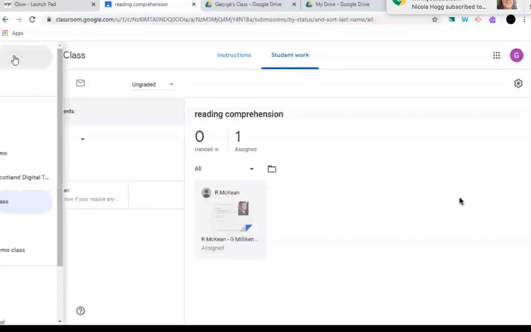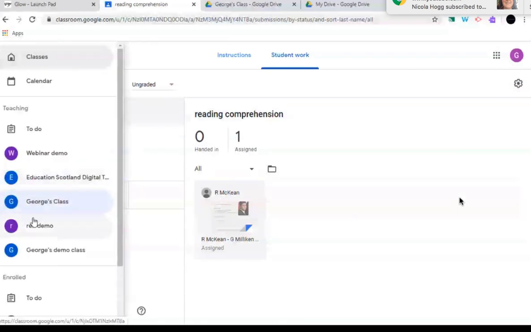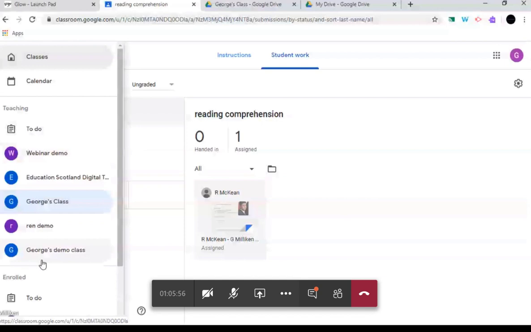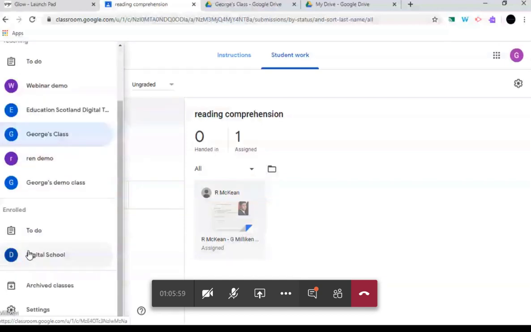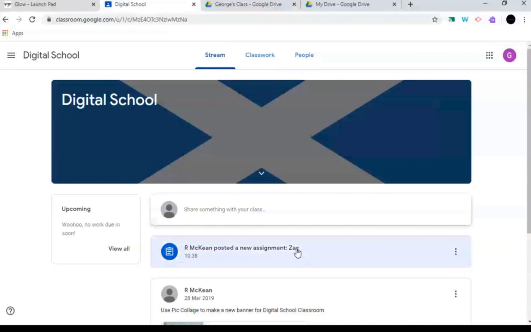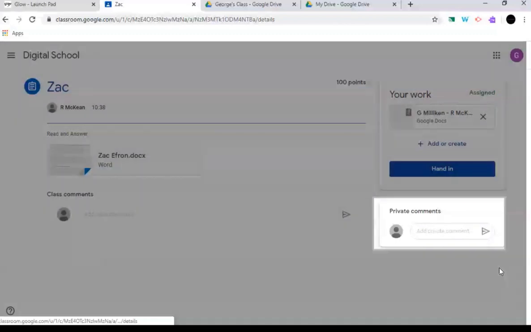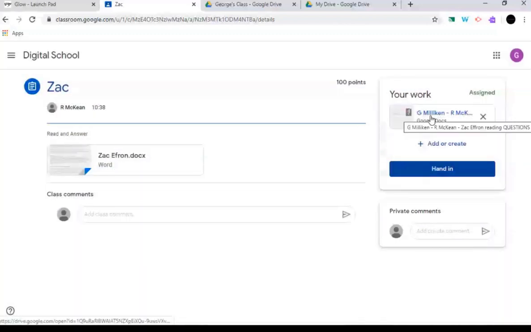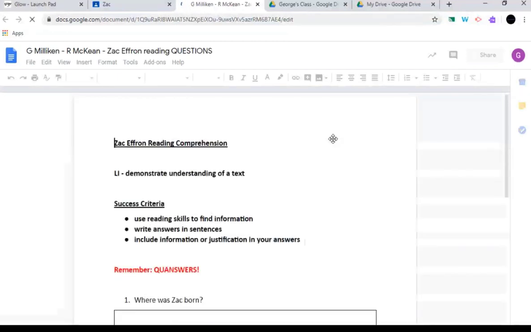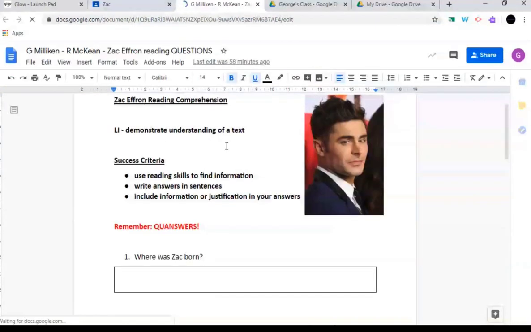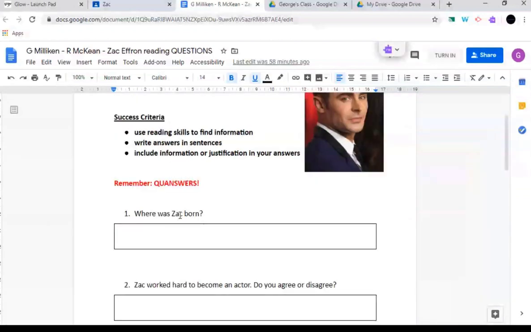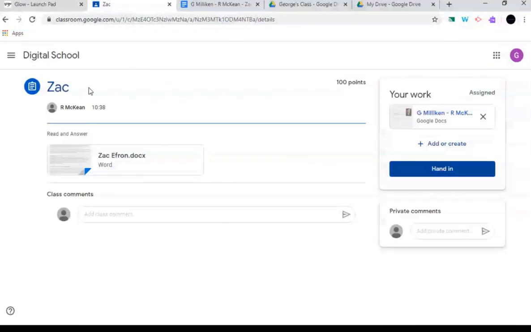So what I'm going to do just now, that's the teacher view. I'm going to switch over to, I am enrolled as a pupil in Richard's class, and I can see here that Mr. McKean has posted a new assignment. So I can send a wee message here to my teacher. That's popping up to encourage me to do that. And if I click on this document, I'm able to go in. I can see I've got my learning intention. I've got some success criteria. Where was Zach born? And I will have in my documents,